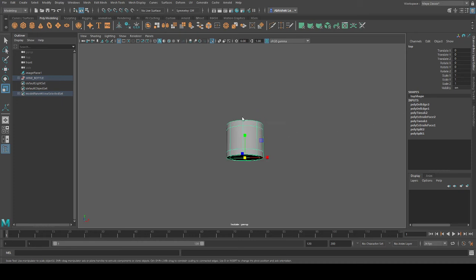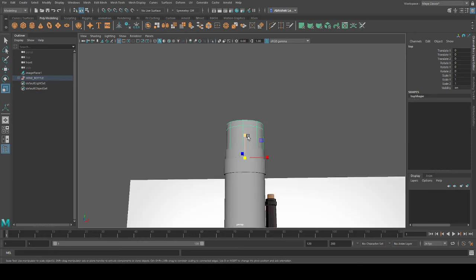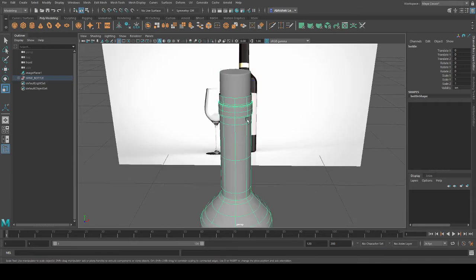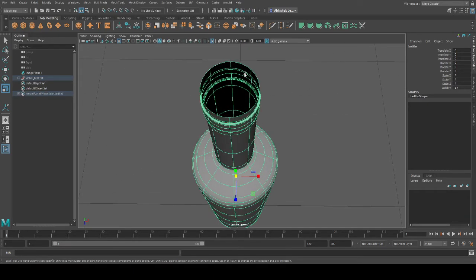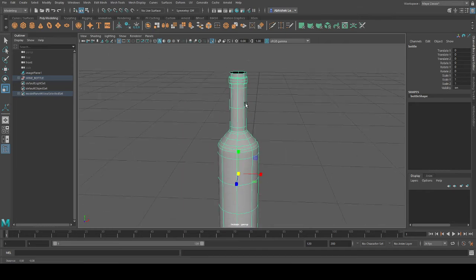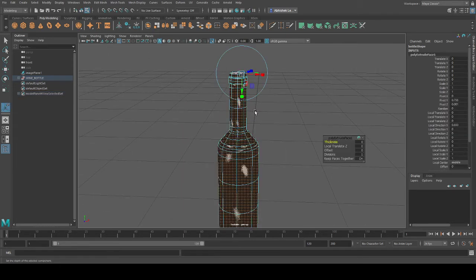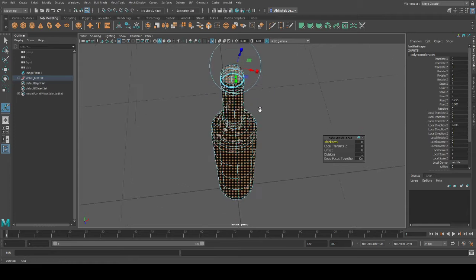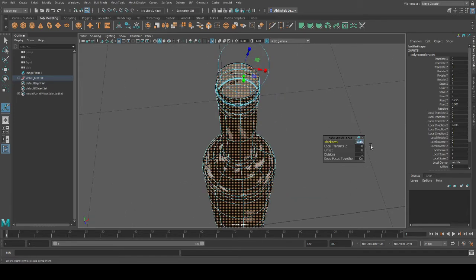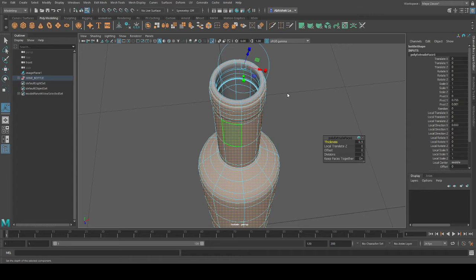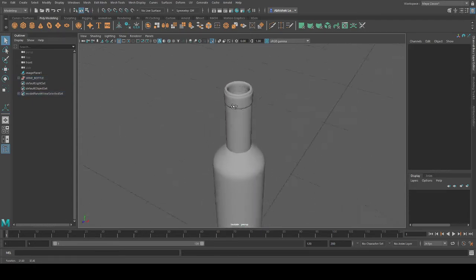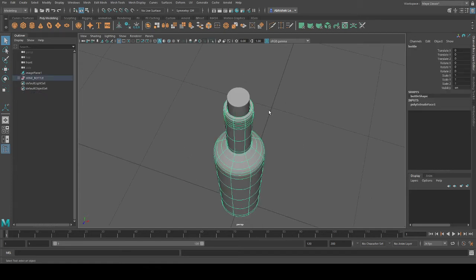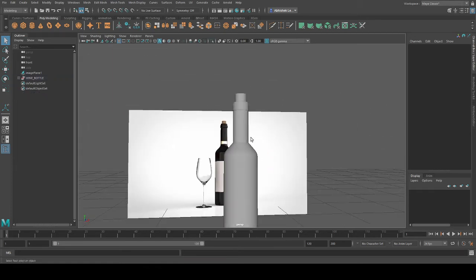Delete history. A, left click, delete history. Control 1. Now I'll make thickness for this. Okay, it's a plane. A bottle has thickness. So I'll select this whole object. Control E. Okay, I'll look from here and thickness 0.5. Okay, I guess this much is okay. This much thickness is fine. I'll press this. Okay, so your bottle is ready.